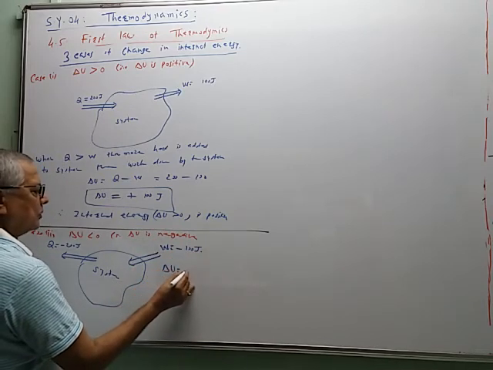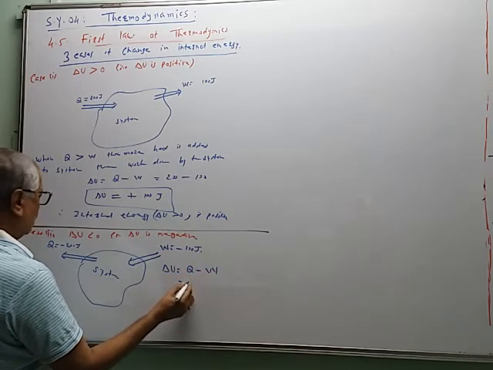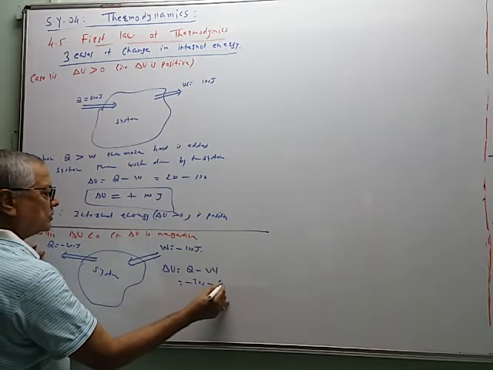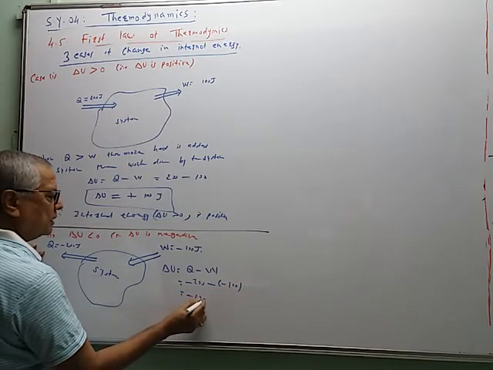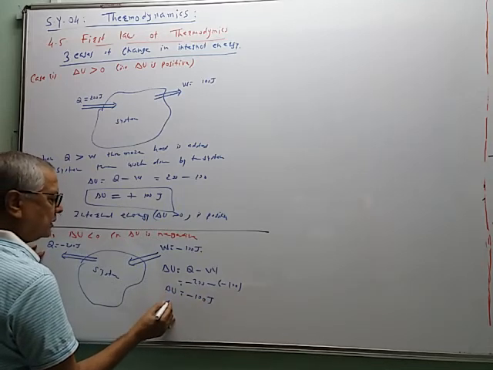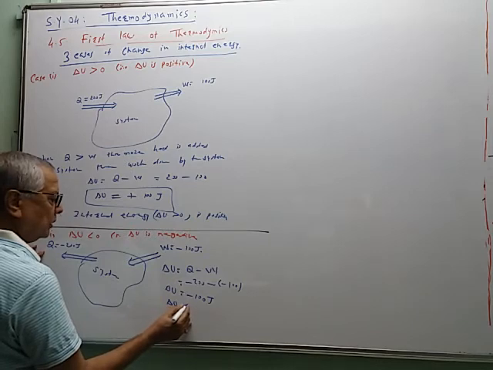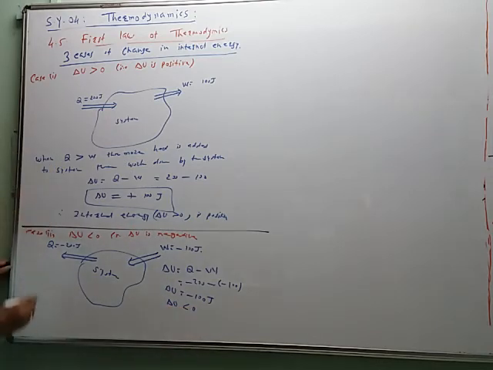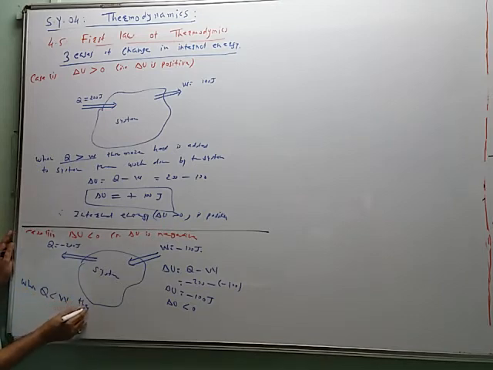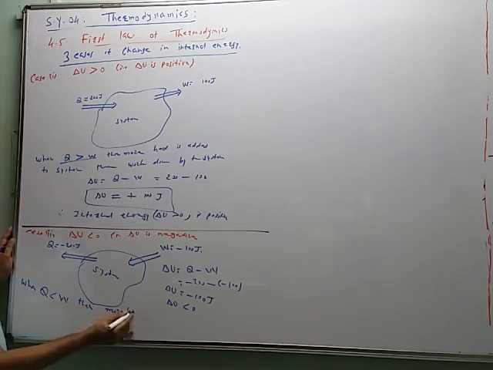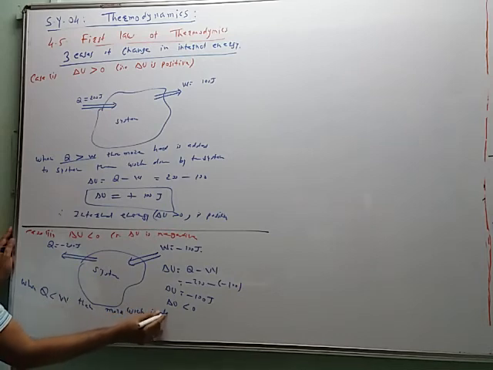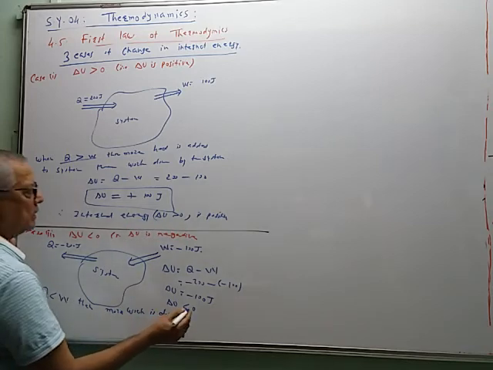So in this case, delta U is equal to Q minus W, so minus 200 minus 100, which is equal to minus 100 joule. So internal energy decreases. So delta U is less than 0. In this case, Q is less than W. When Q is less than W, then more work is done by the system